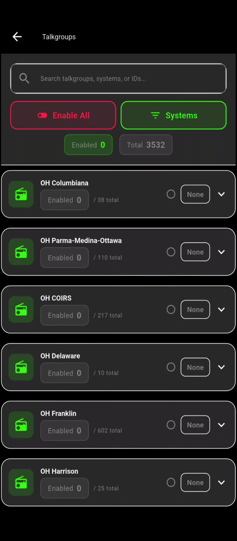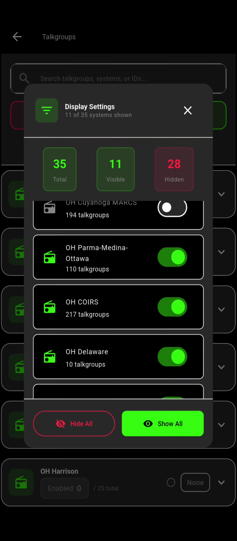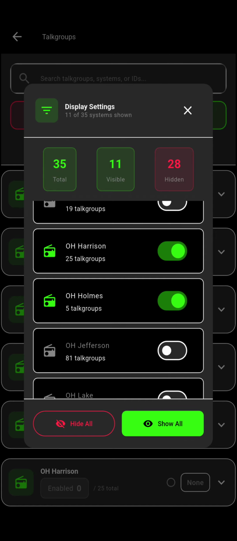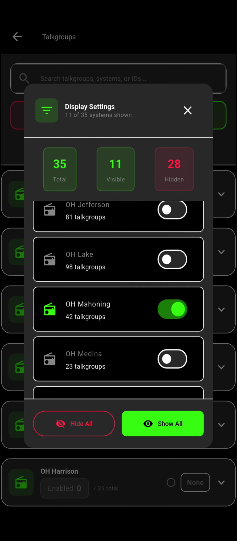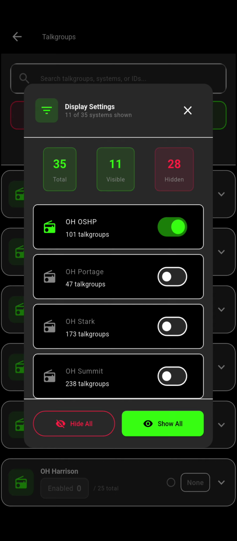Now I have a lot of the systems filtered out right now. If you tap on the systems, you'll see I have a lot of these systems turned off. Whichever ones you don't want to have immediate access to, you can always turn them back on. So if I turn Portage back on and Trumbull Stark back on, these buttons right now, there's a bug that they don't